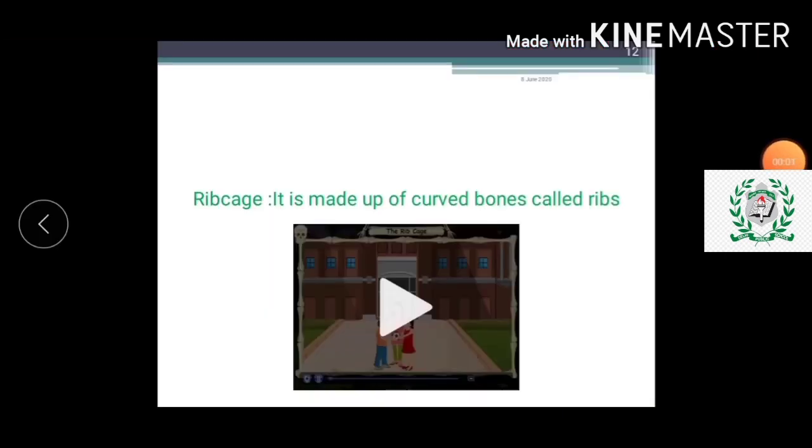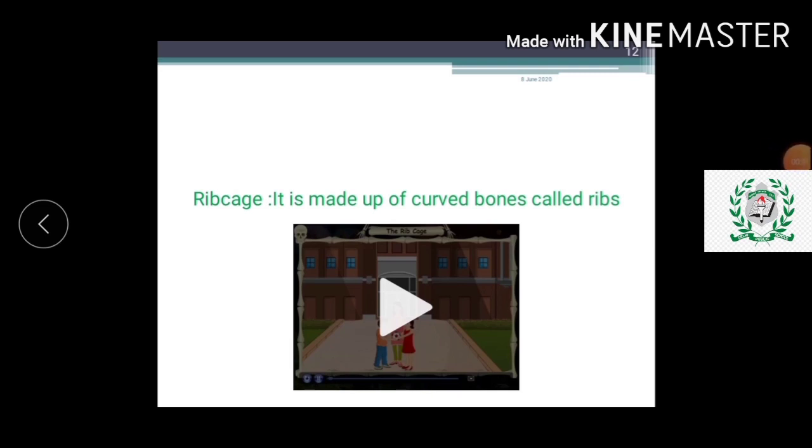Kids, I hope that this small video clip helped you in better understanding the new key term, that is rib cage. Rib cage is made of curved bones called ribs, which help the internal organs to be protected from damage. Okay,